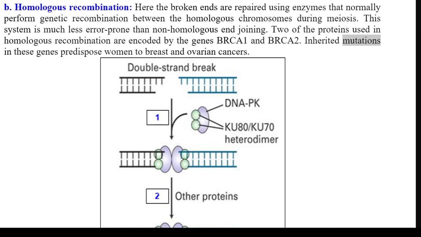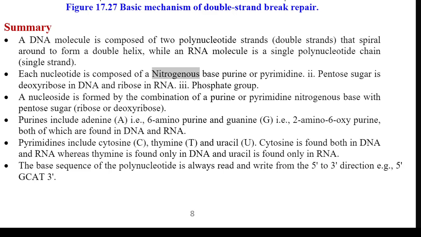Summary. A DNA molecule is composed of 2 polynucleotide strands, double strands, that spiral around to form a double helix, while an RNA molecule is a single polynucleotide chain, single strand. Each nucleotide is composed of 1. a nitrogenous base, purine or pyrimidine, 2. pentose sugar, deoxyribose in DNA and ribose in RNA,